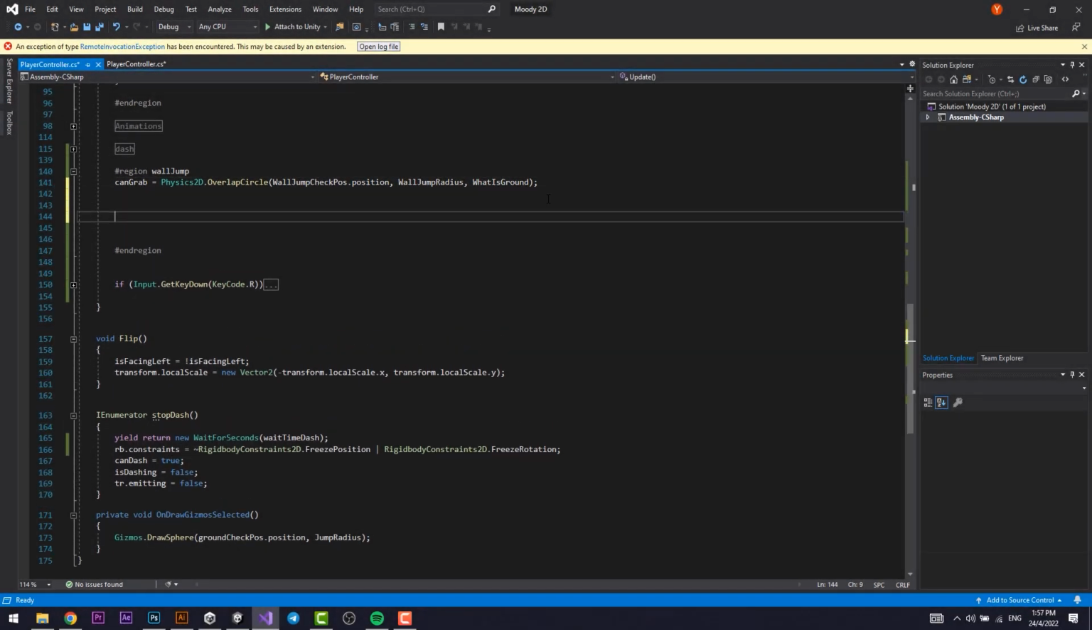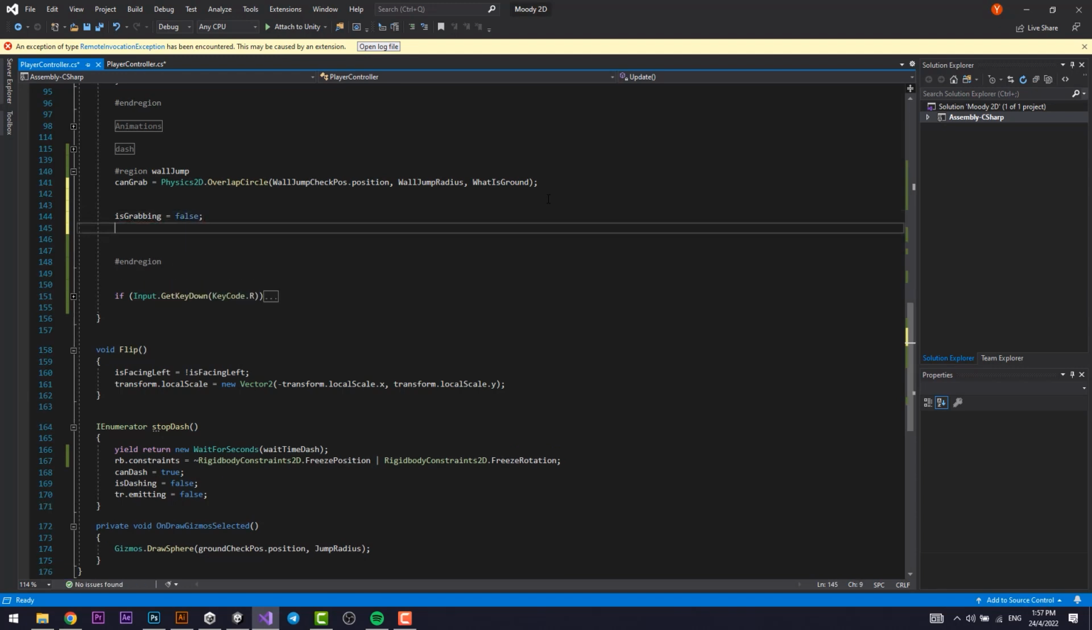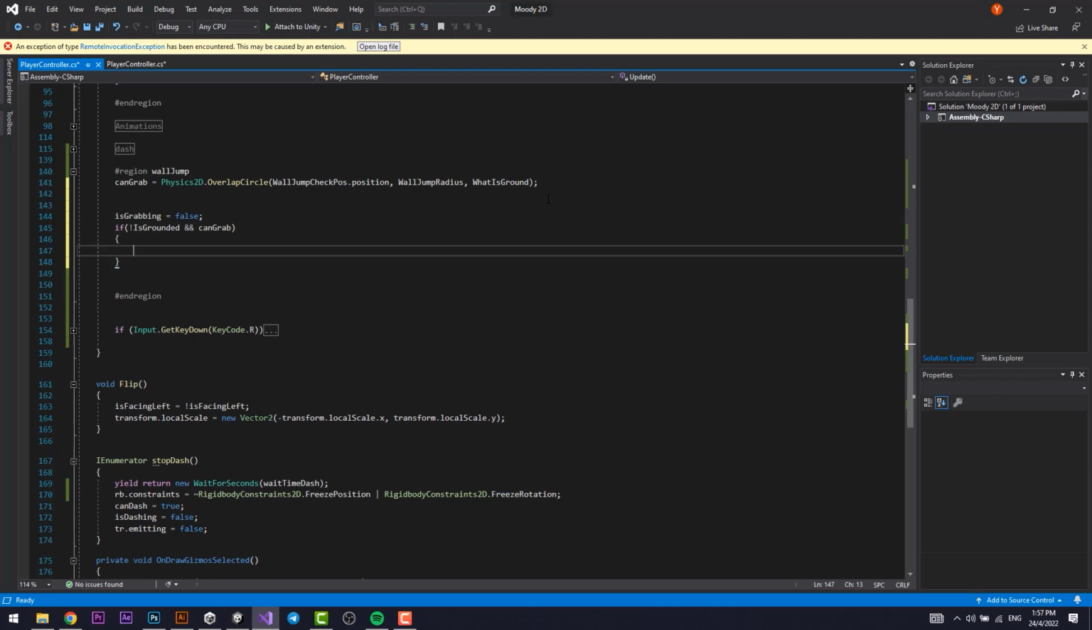Alright, so now in the wall jumping section right here, we're going to set is grabbing to equal false. So is grabbing is always false. But if we're not grounded, so if we're not grounded and we can grab, then we're just gonna set an if statement to check our